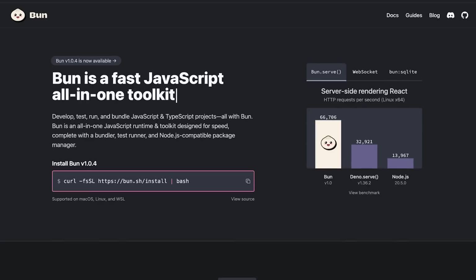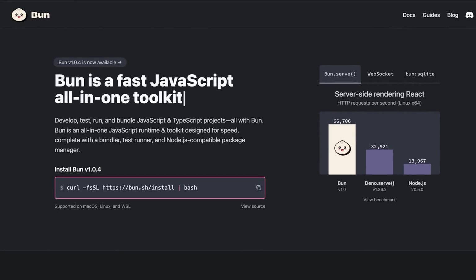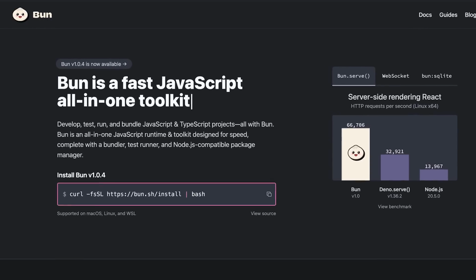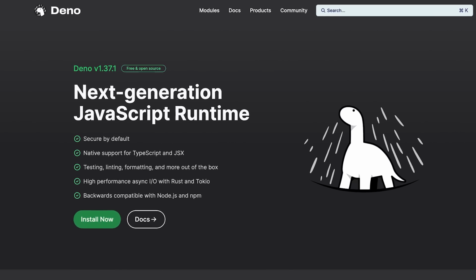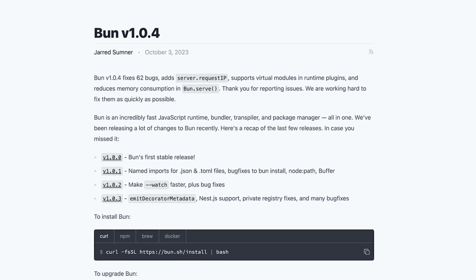Bun.js is a tool which surprisingly attracted very little hate in the JavaScript ecosystem when it was launched, right? Usually what you would see is some sort of split, some sort of division, people fighting. I was on the fighting side, to be honest, when Deno came out, because I did not see any upfront advantages of moving your workload from Node to Deno. But with Bun version 1 and how it got popular, it was surprising to see that there was no hot take as such.